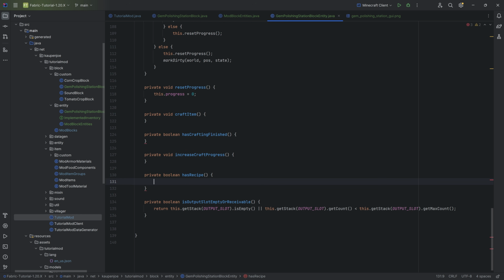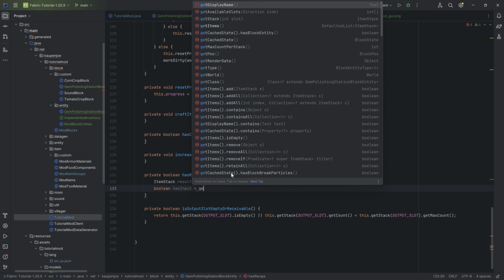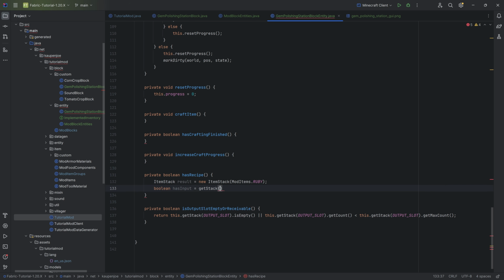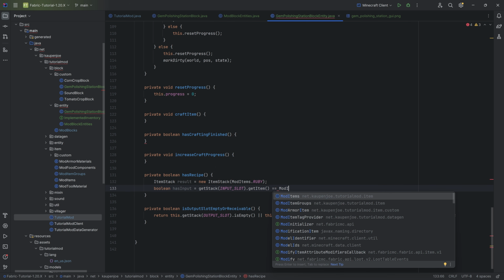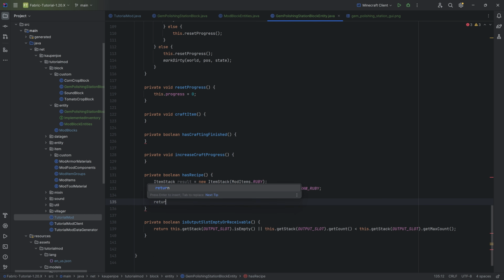So let's do this. As I've said before, this time we're going to hard code this, but in the next tutorial, we're going to make it so that we have an actual recipe. So in this case, we're just going to get the result over here, which is going to be a new ItemStack of ModItems.RUBY, and then a boolean hasInput. Like I said, next time this is going to be replaced with a proper thing. This is going to be getStack of the input slot, getItem. And if the item is ModItems.RAW_RUBY, then we can proceed. So then we can say the following. We can return